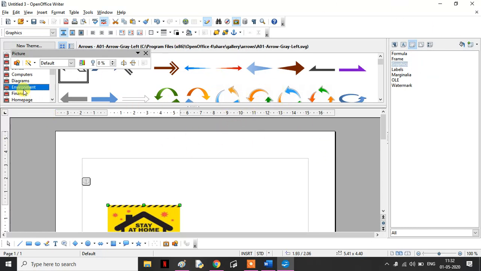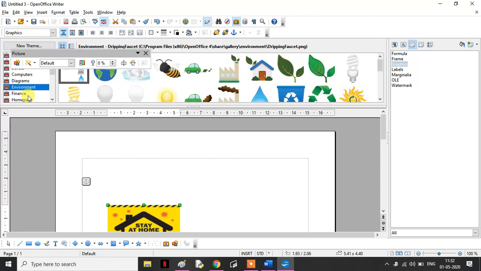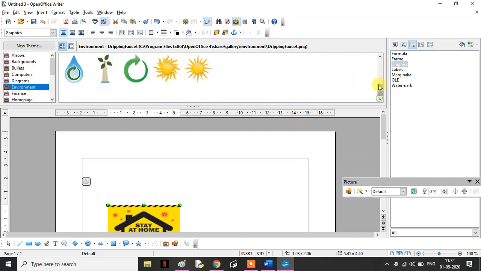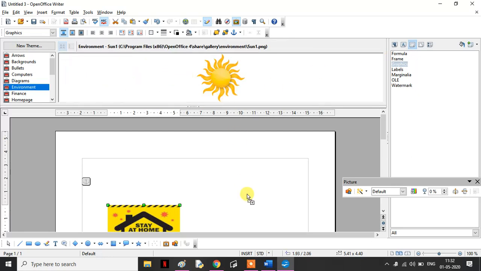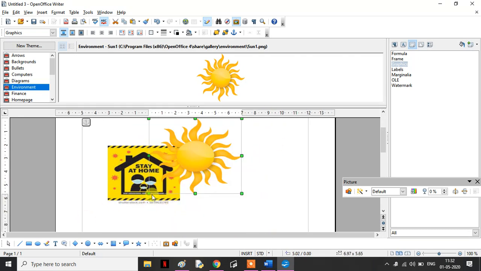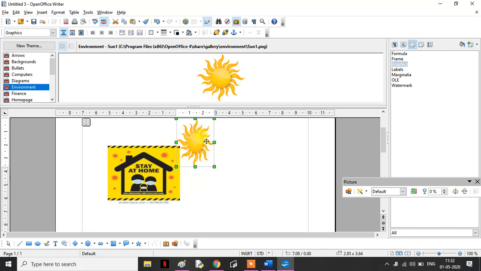I have selected the category as Environment, so it is giving me these images. Suppose I select the sun. I can click on it and drag it onto the document. This is how we can insert pictures from the gallery.